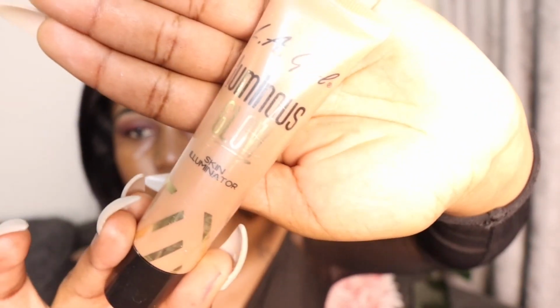So I'm going to go in with my Luminous Glow. Yes, from LA Girl. My Luminous Glow from LA Girl, to basically brighten my cheeks and nose, where I'm going to highlight, you know. Right, so moving on from the Nonku situation to